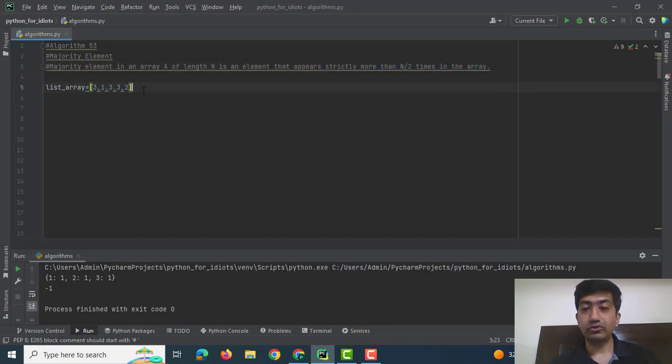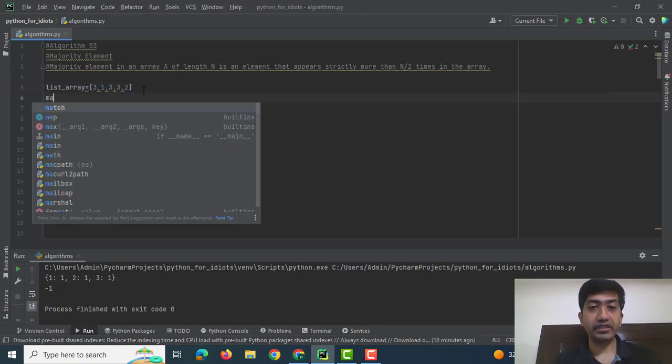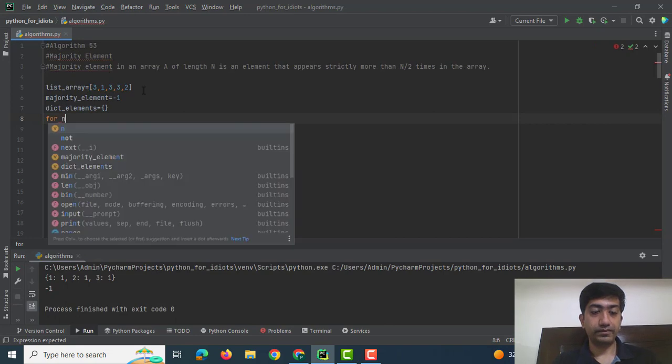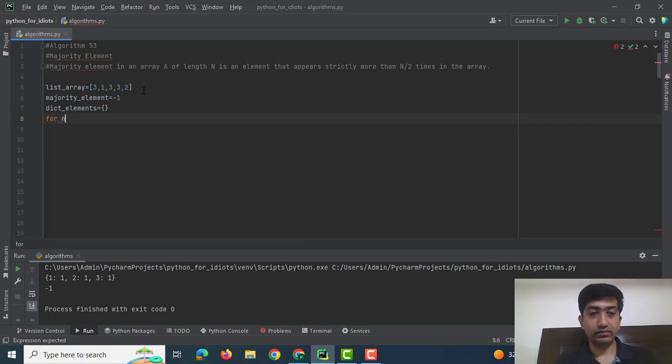Okay, so let's get to making of the algorithm. I would make the variable majority element and I would give it a value of -1. Then I would make a dictionary of elements, for, if number